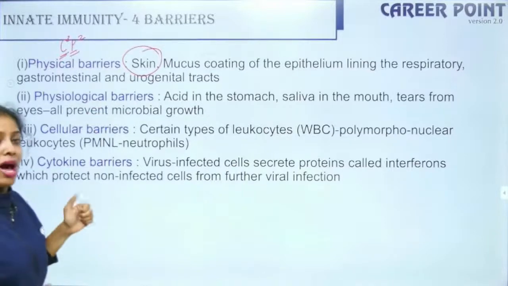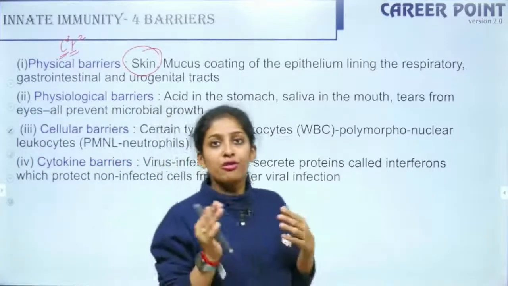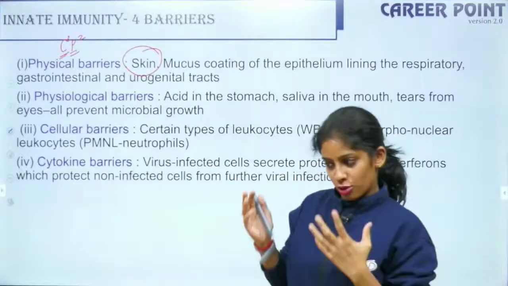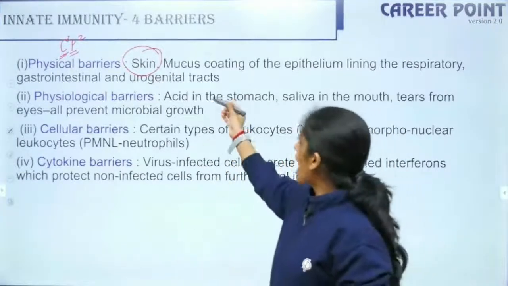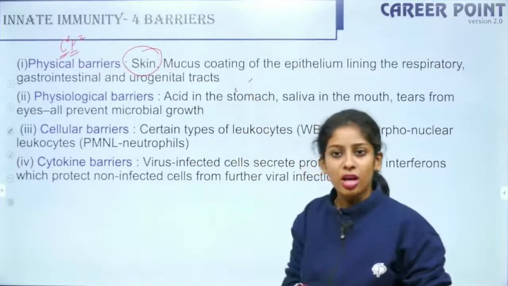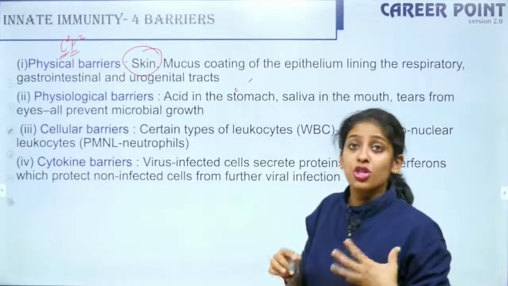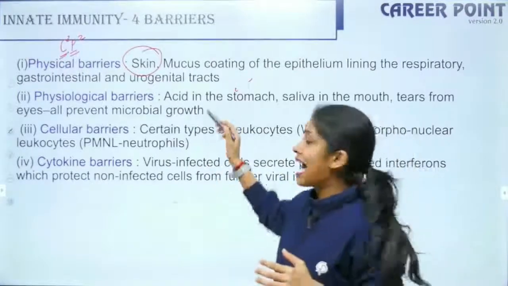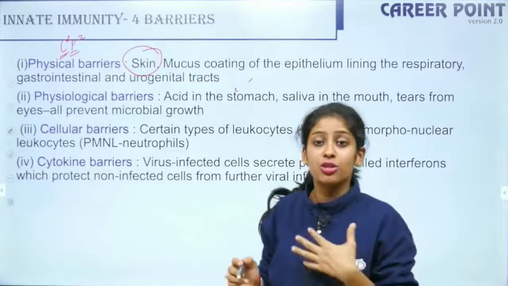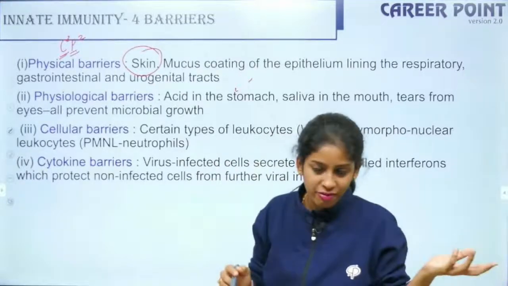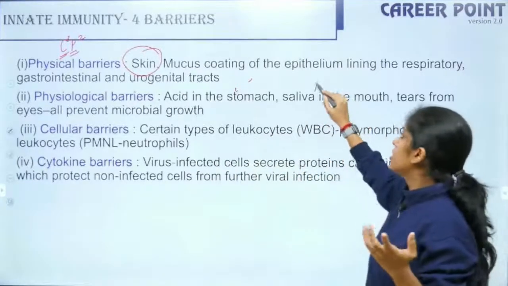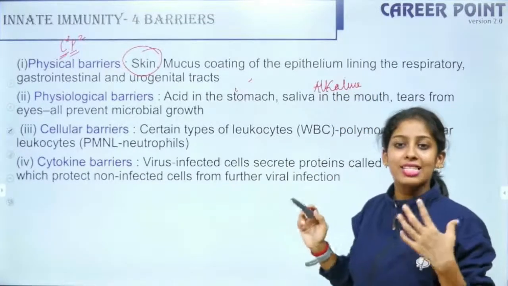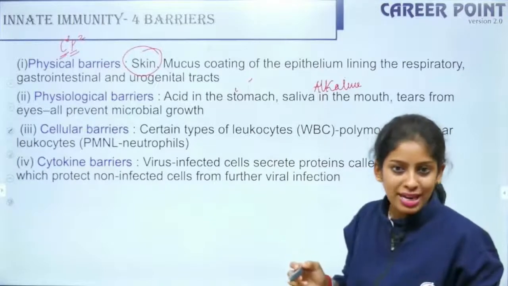So we say no at physiological pH. The physiological pH of blood is 7.4. So physiological, so we are talking about blood. So acid in the stomach. So we are talking about fluids here. So physiological pH, so we are talking about the various pH in your body. So the acid in your stomach, acidic pH does not allow the growth of Salmonella typhi. So saliva in the mouth has alkaline pH. So tears from the eyes have lysozymes which prevent the growth of bacteria, right?